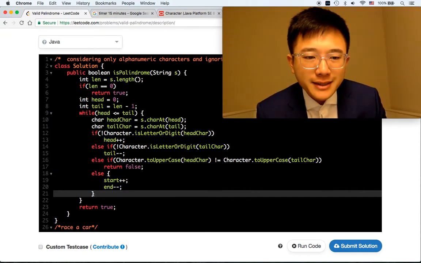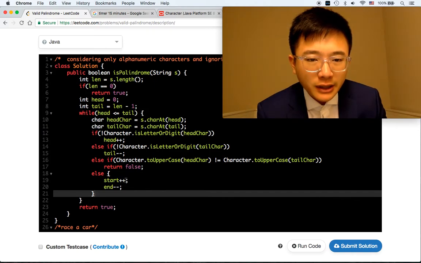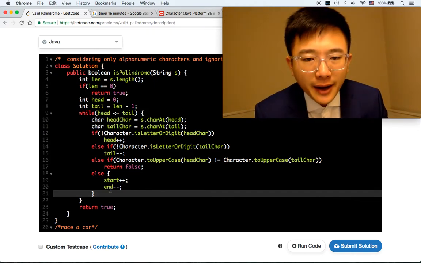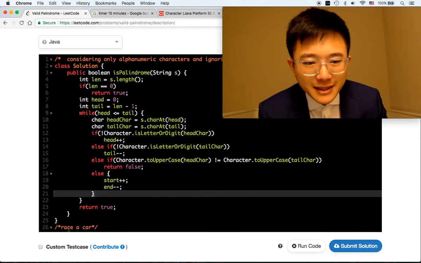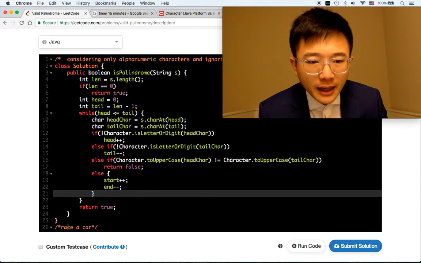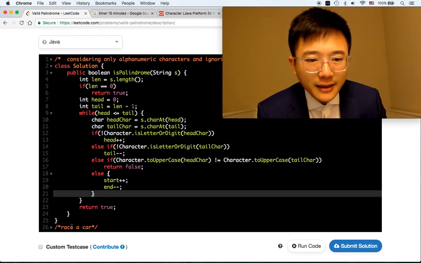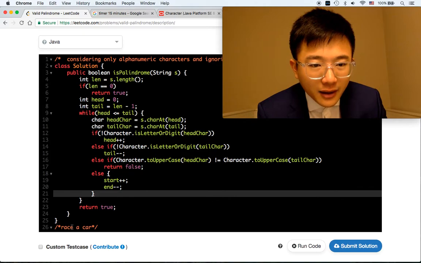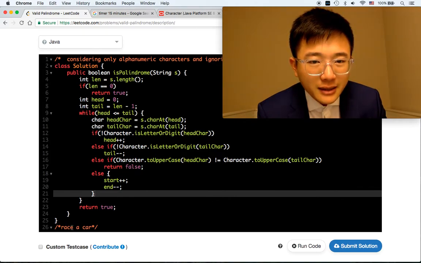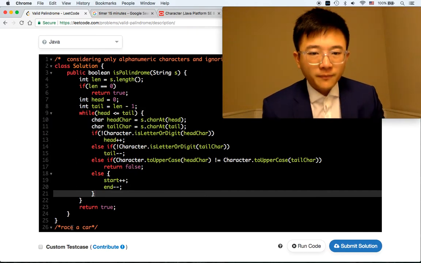So now we're at A, and okay, start increase and end decrease. That's all right. And now we have C. Okay, C they're equal. And then we have E, and head is E right now. Okay, and head is E. It's not. So if C and E, E is an uppercase letter, and else if they're not equal, then